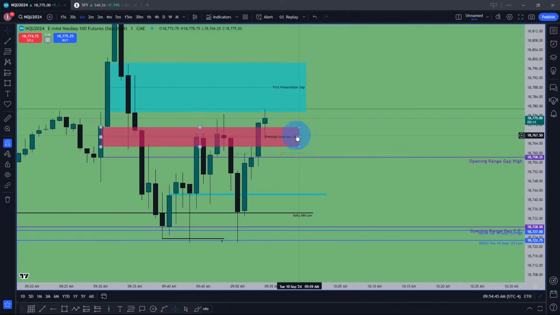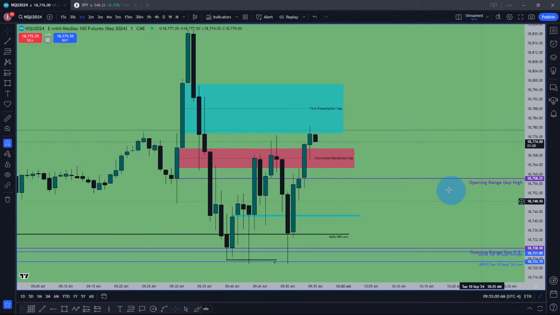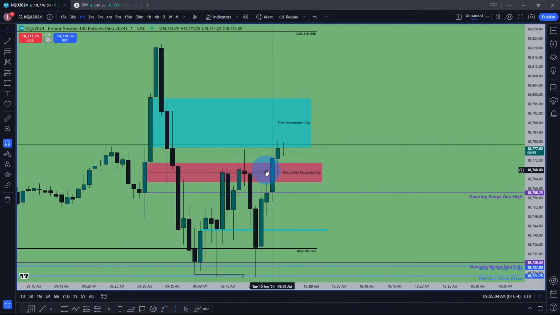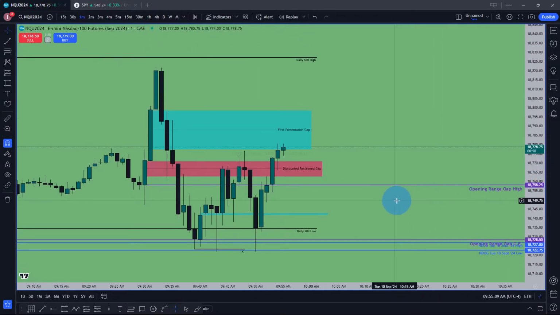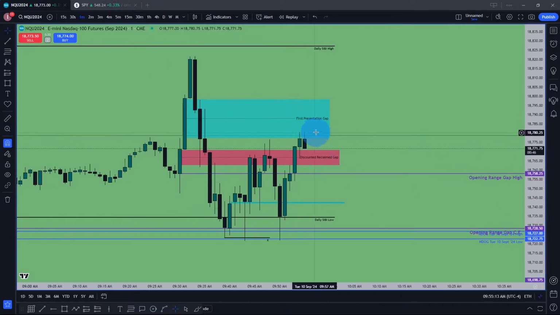As you can see now, price is reclaiming this inversion gap here. So let's change that premium reclaim gap, which is now a discount reclaim gap. See, price refers to it once more, rejects off of the concept of encroachment, and now it is moving higher into the inversed first presentation gap. I'm not going to be expecting this to hold. If anything,